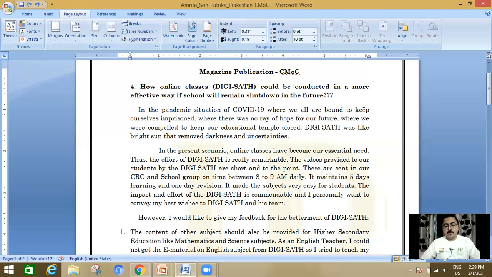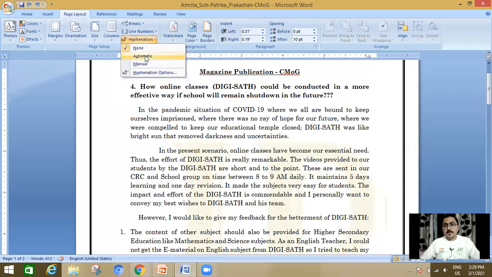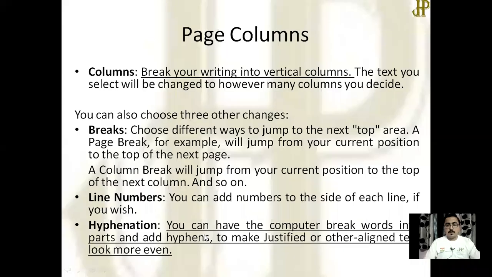But after doing this hyphenation, some part of ourselves can be accommodated like this. Automatic. Now, "our" is accommodated in a single line and the next part of "ourselves" is accommodated in the second line of the paragraph. This is the use of hyphenation. Okay, it is very important. It can be asked in your exam, what is hyphenation?